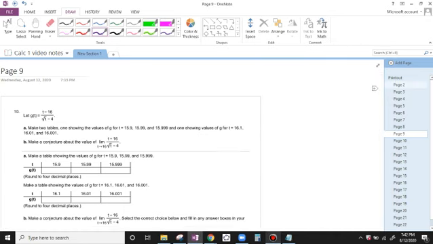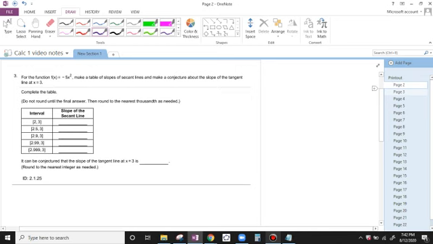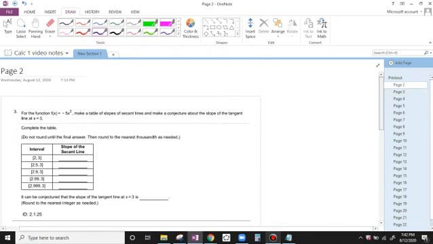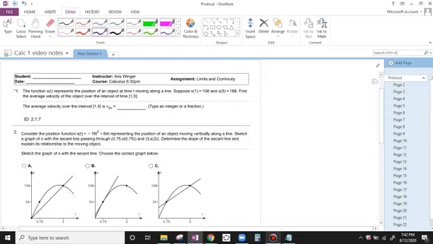All right, we're going to work on this homework, which is limits and continuity. We went through a couple of the first few problems, but we'll start right from the beginning. The first one asked about the average velocity. And so what we'll do is we've got one point is 108, and another point is